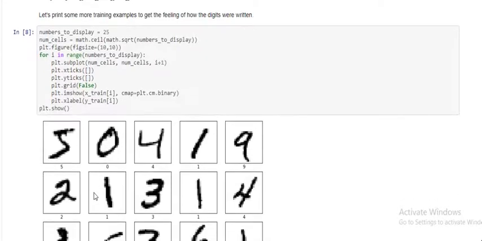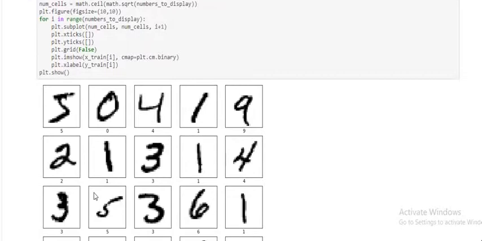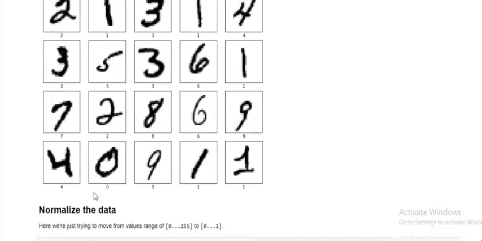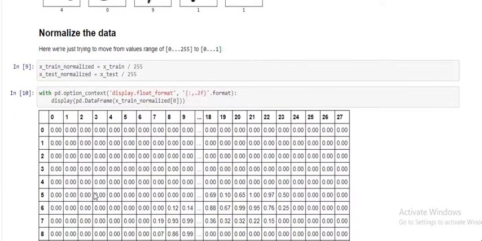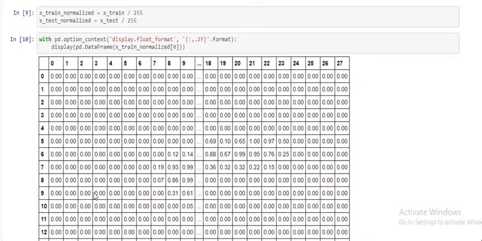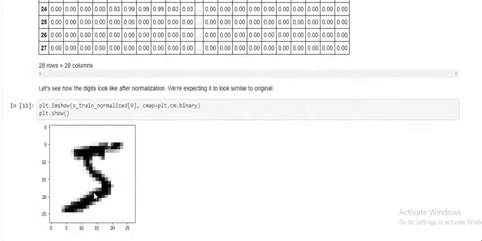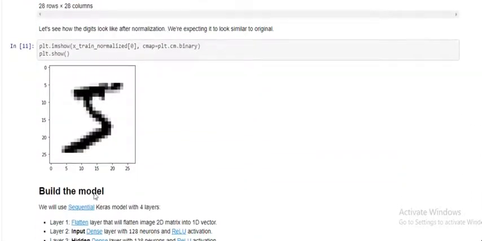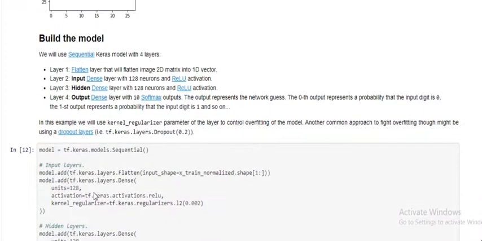Now we have chosen plenty of images from our datasets and shown them, using plot and subplot functions to display them in a grid. The next step is normalizing our x train and x test. Then we display the normalized x train, again showing the 5 as our image.